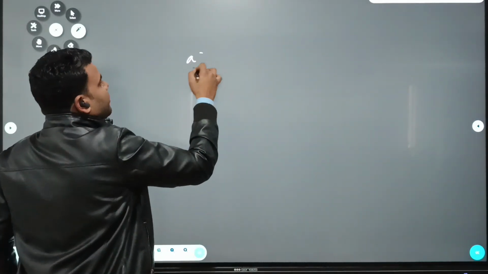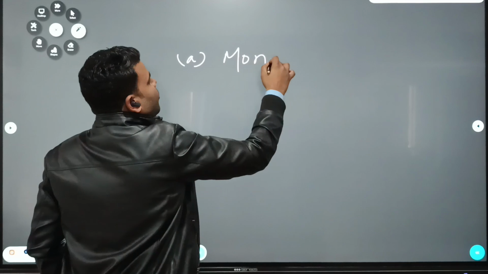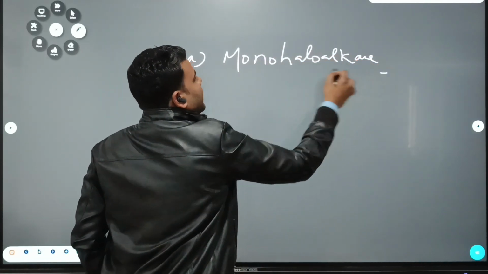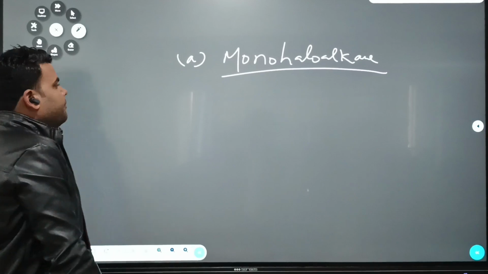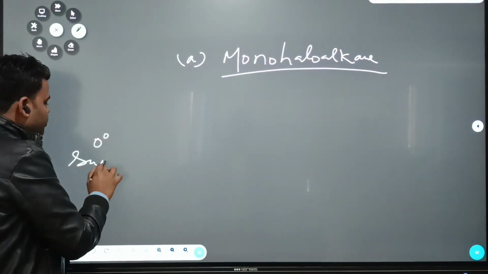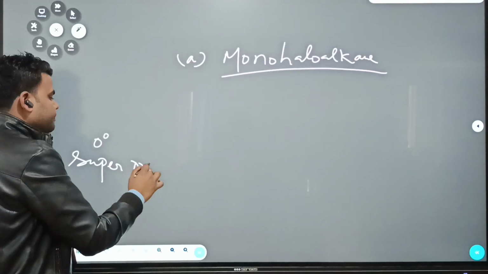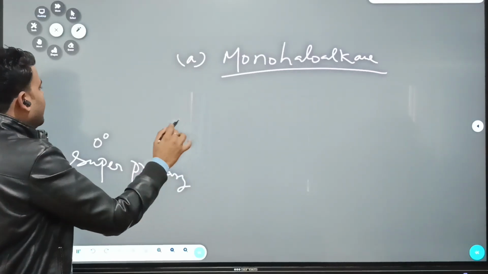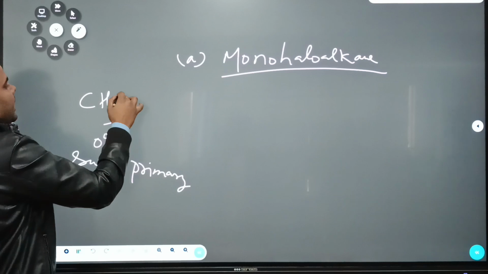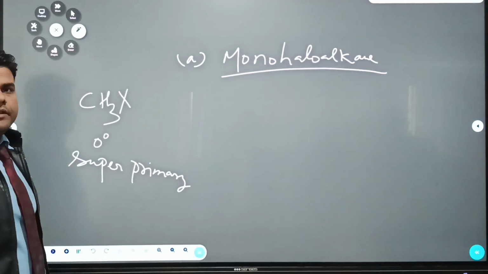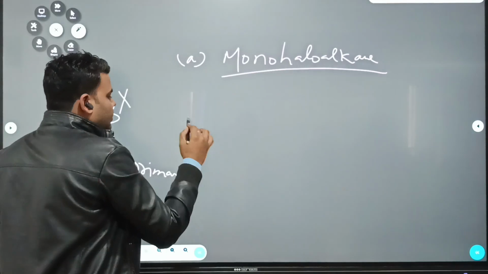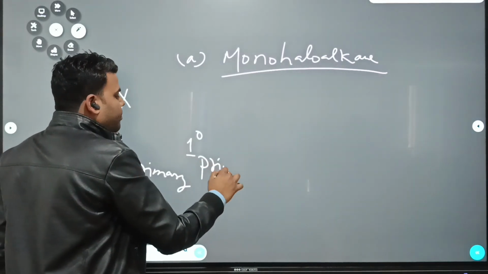Now, this monohaloalkane, okay, further this number 8 which I discussed, this monohaloalkane can further be classified as 0 degree, which is also called super primary. Okay. Here it is basically methyl halide. Okay. Next 1 degree, which is simply called primary